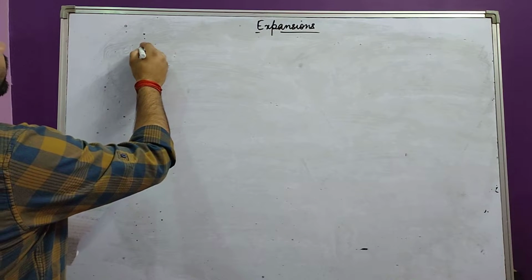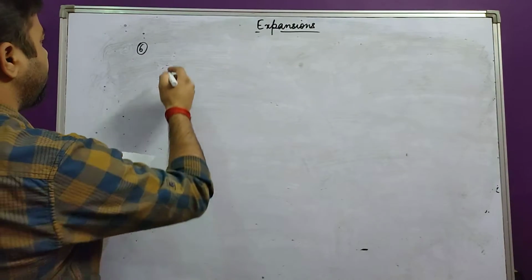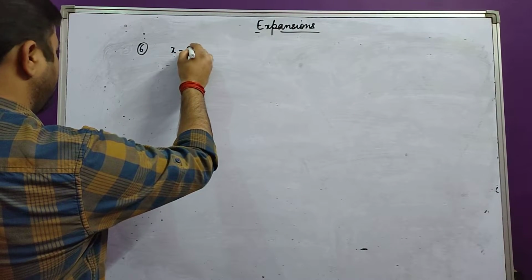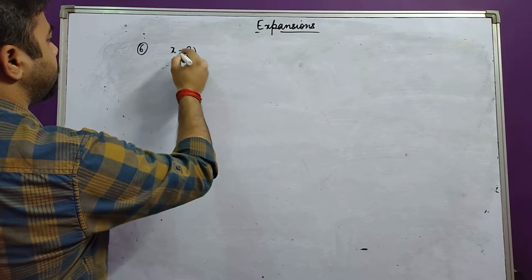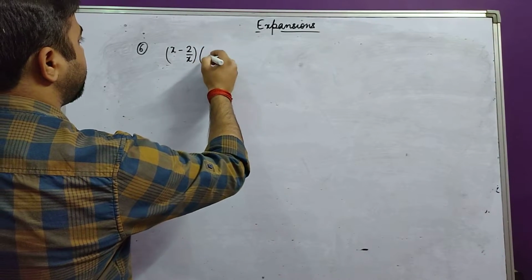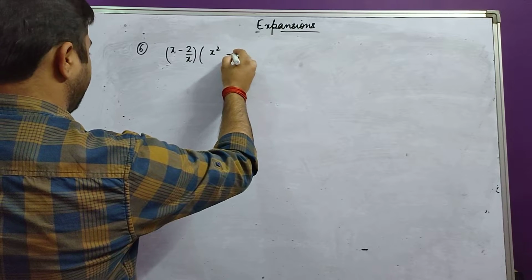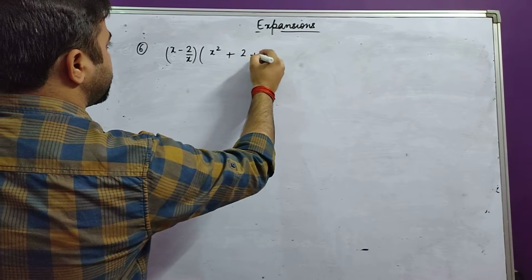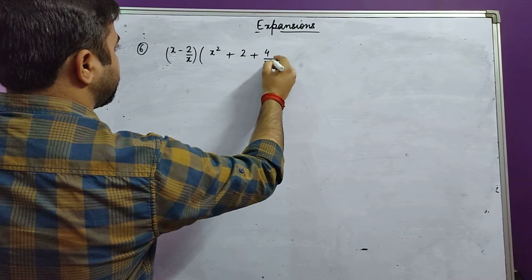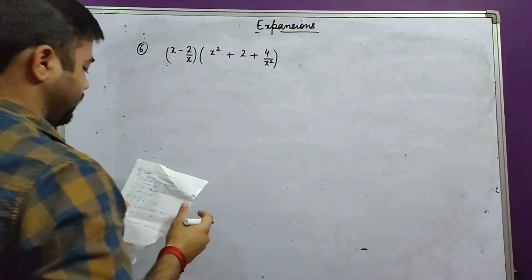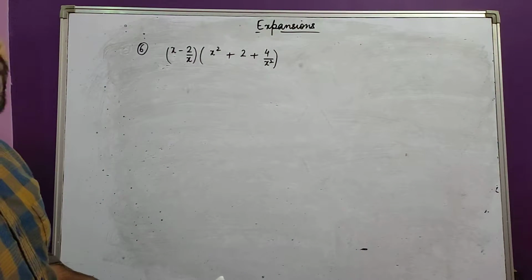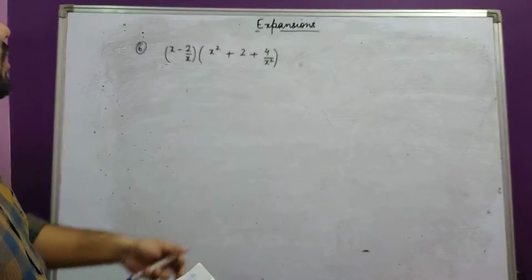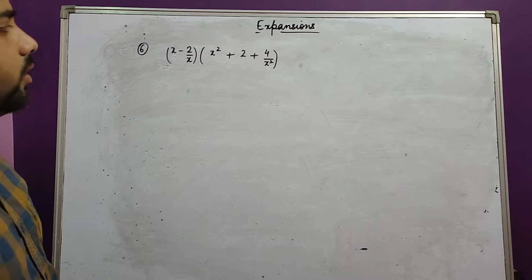Next question says it over here, x minus 2 by x within the bracket x square plus 2 plus 4 by x square. Let us solve this question. Let us see how we are going to do it. If you remember the formula, if you have learned,